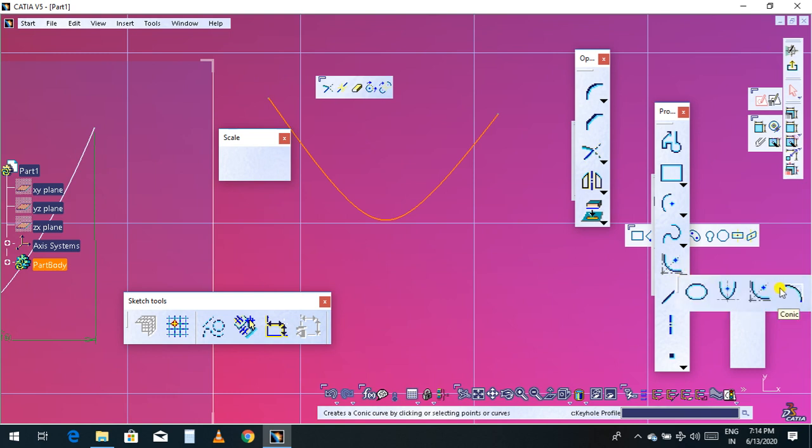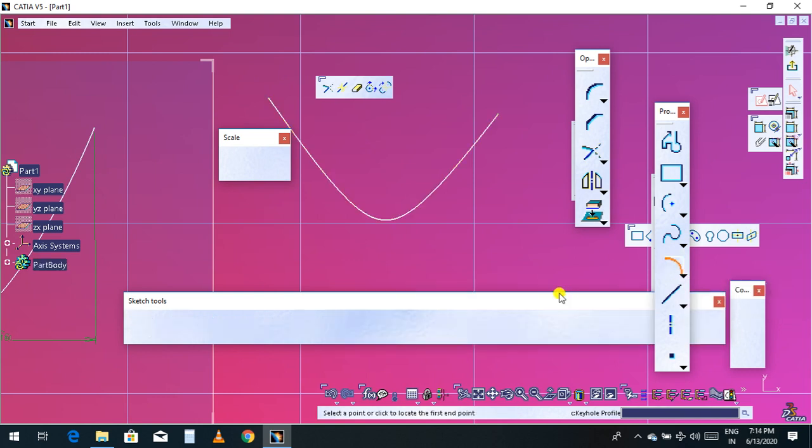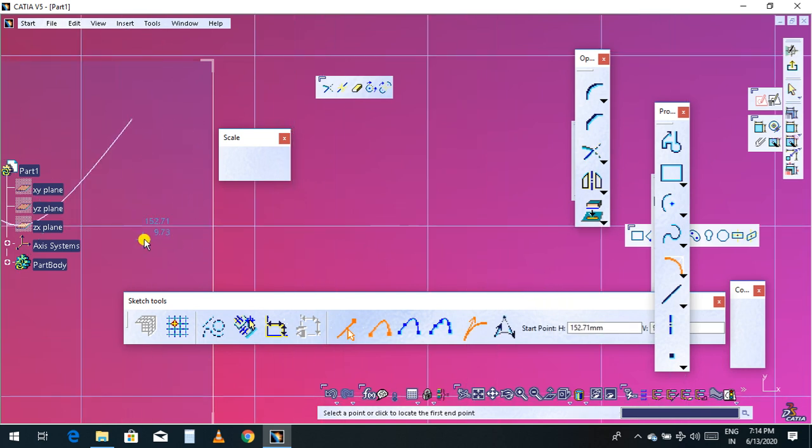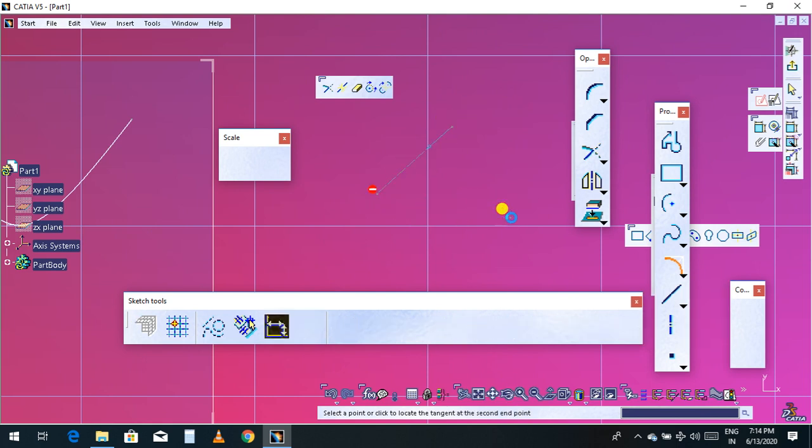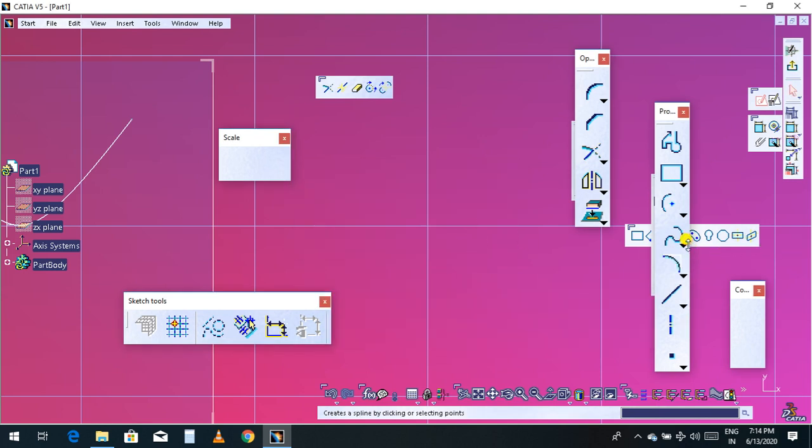And the last one, conic type. Select the conic type and I will sketch somewhere here. Click one point, second point, third point, and then connect with the second point. Now you move the cursor. Let me choose once again.